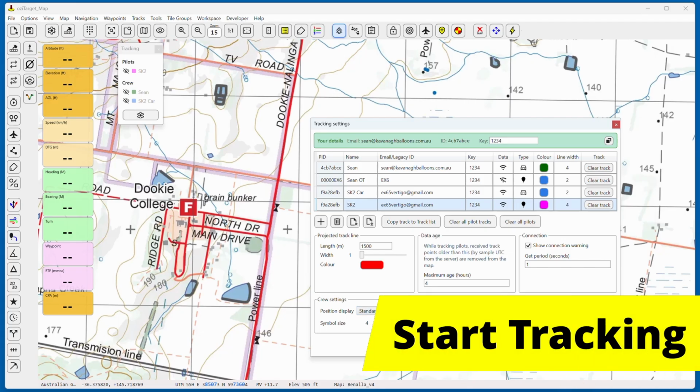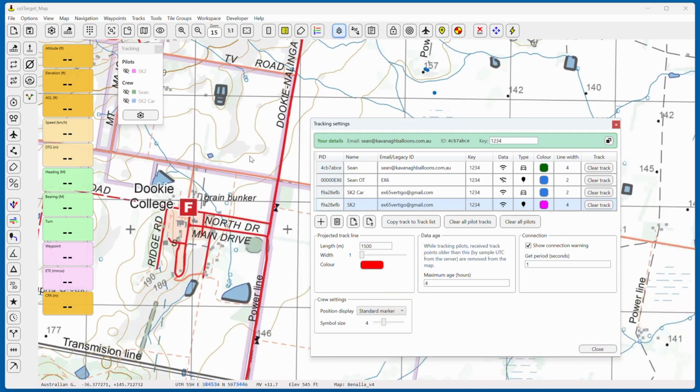It's time to go tracking. With the tracking list open, we can see the pilots and crews that we're receiving data for. From the tracking list, we can turn the individual tracking display bubbles on and off. The key here is that this control is just about display. When a bubble is turned off, the data is still being collected and is ready to be turned back on